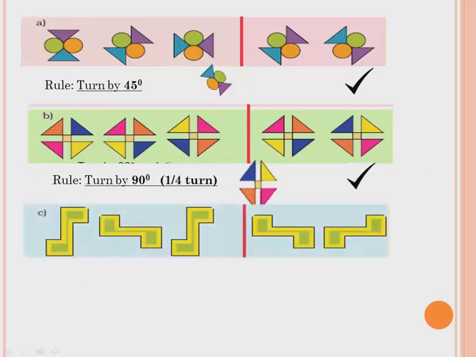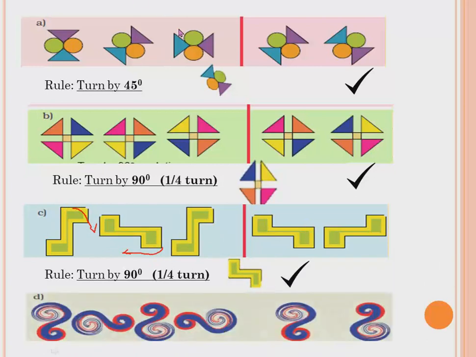Now, next, part C. First it is like this, then it got turned like this, then again it got turned like this. So, what is the rule? The rule is turn by 90 degrees, that is a 1/4 turn. We are rotating from here till here, so that is a 1/4 turn. Again from here to here, then again it is a 1/4 turn. Understood, children? So, now let us see the rotation. The image I have taken, now I will do a 1/4 turn. See how it is turning. So, which is the correct image? This one. Understood?